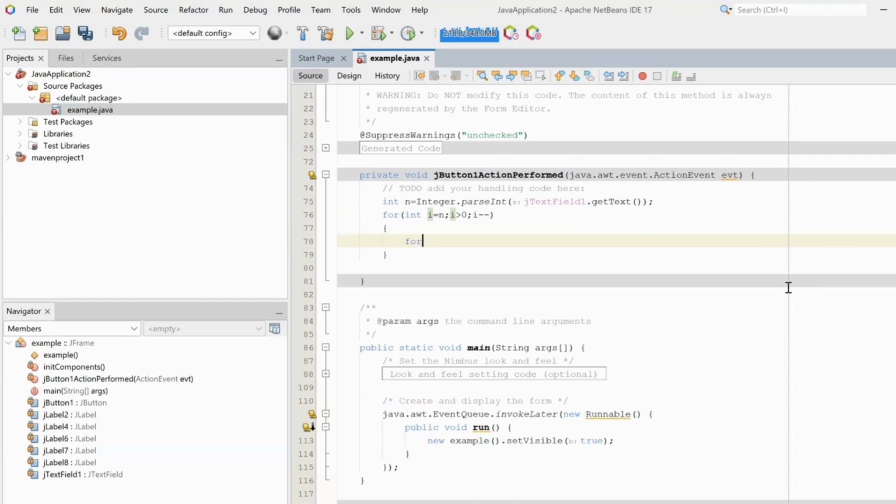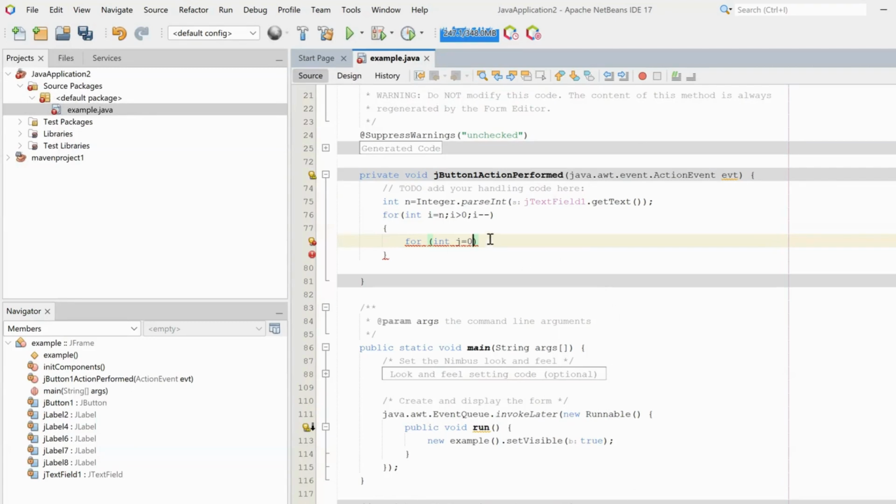Okay, coming inside. Now, as I told you, we have to take two for loops inside our outer for loop. One for loop will print the spaces. I am writing the condition for the spaces only, taking a variable j equal to 0. Why 0? Because if you have seen, in our first row there are 0 spaces printed. In the second one, 1, and then 2, and this way. So that's the reason we are initializing with 0, till j is less than n minus i. And we are incrementing the loop variable here.